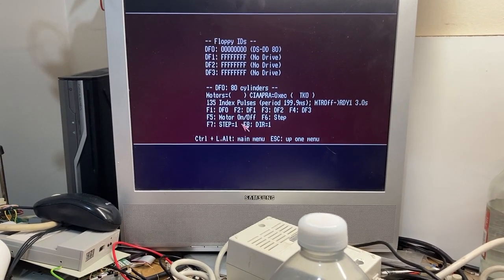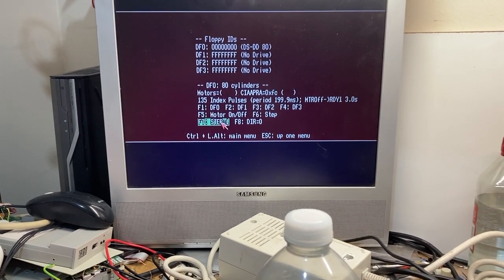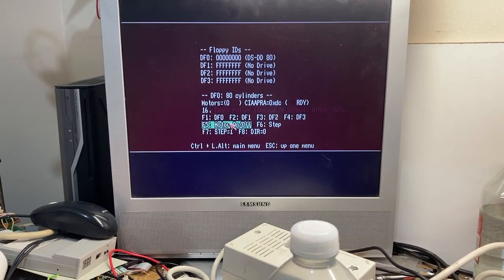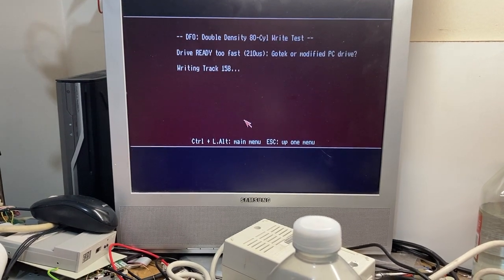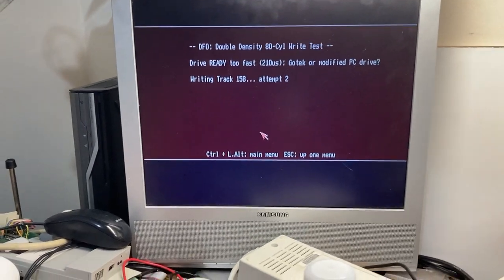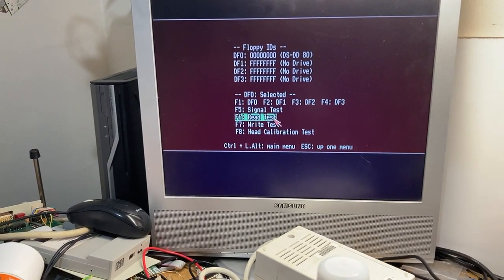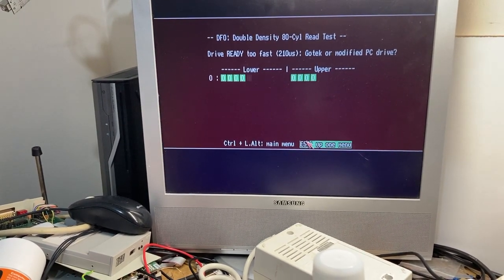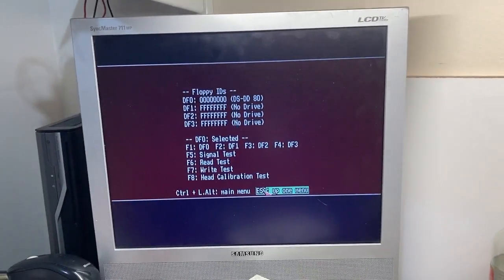Yeah, that's rather odd, isn't it? What is that flurry of pulses all about? I'm trying to get this drive to the point where, let's make it give up. Try to get it to the point where it was just refusing to read the disk, but it's not going to do it. But I had it where it was doing that with the flurry of index pulses, and then